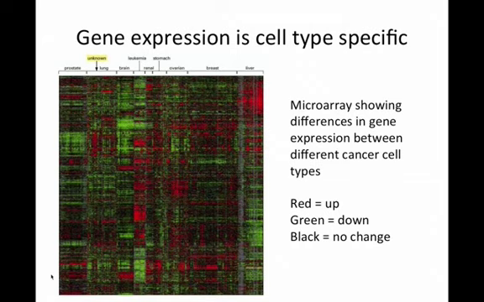So you can look genome-wide, right? And you're looking at gene expression, global gene expression. And you compare, here what they're doing is comparing different cell types. So if it's red, it's up. If it's green, it's down. If it's black, it's no change. And so what you're seeing here is the whole thing at once. But if we zoomed in, you would see a teeny little square in each spot all the way down.